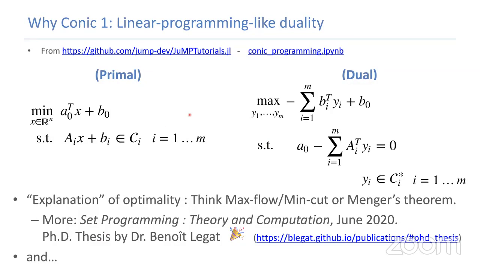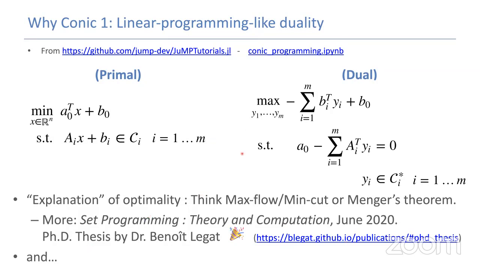And in particular in polynomial optimization, it has some very interesting connection to measures, and you can go slightly further with things that look closer to what JuMP will do. So instead of just cones, you could also have slightly more complicated sets. And if you want to know more about that, the great thing is Benoît Legat, who's one of the core developers for JuMP, recently graduated. So congratulations to Benoît. And you can learn a lot more about this duality and geometric interpretations of duality in his PhD thesis that you can find on his webpage.